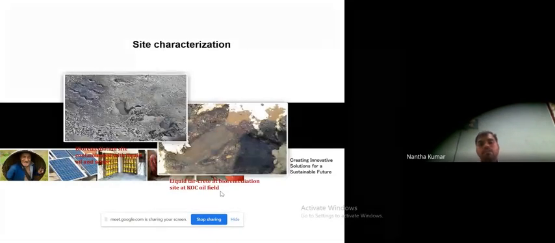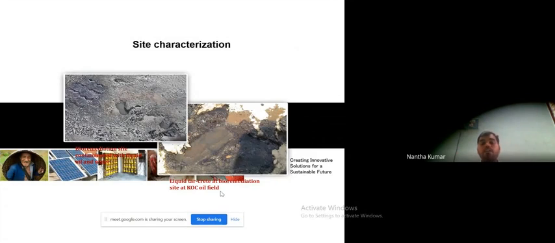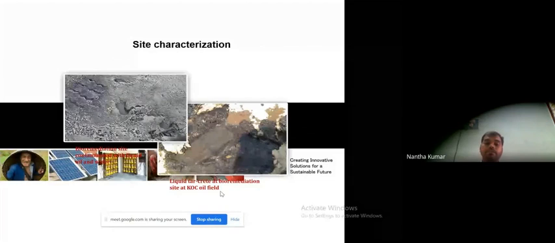So the first stage of the treatment is that we have to characterize the site. Before applying any kind of technology, you have to demonstrate it, because these technologies are very specific, and the success rate also differs depending on the pollutant, because the concentration and composition will be different. So we have to assess whether the selected product, like Oil Zapper or any such bio product, has any efficacy to degrade.